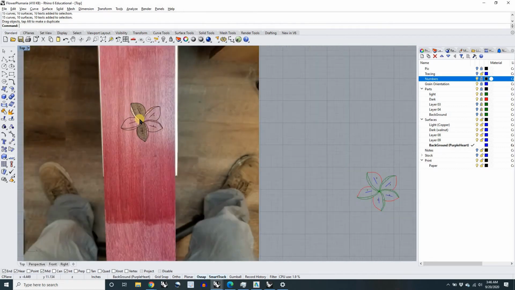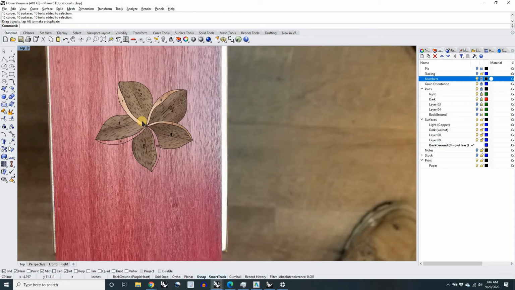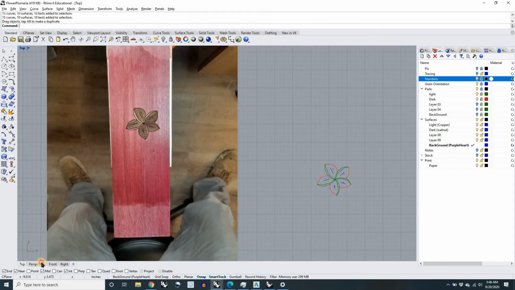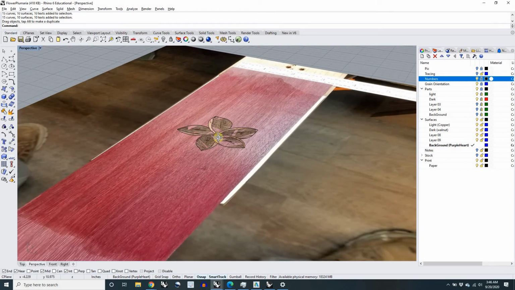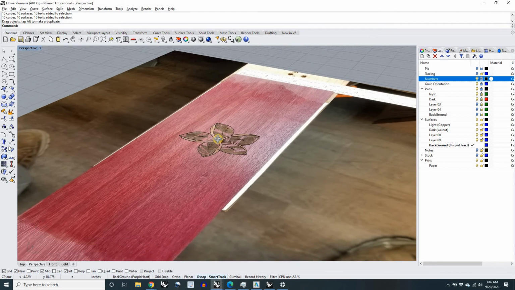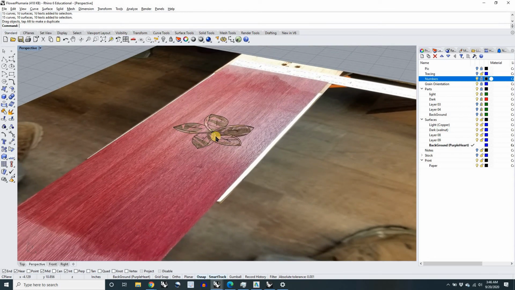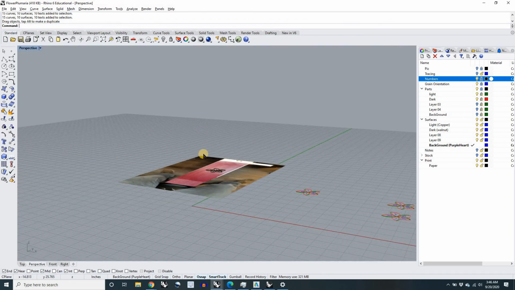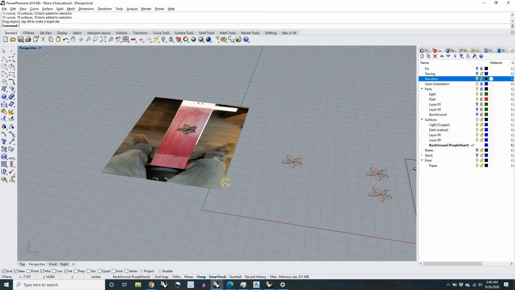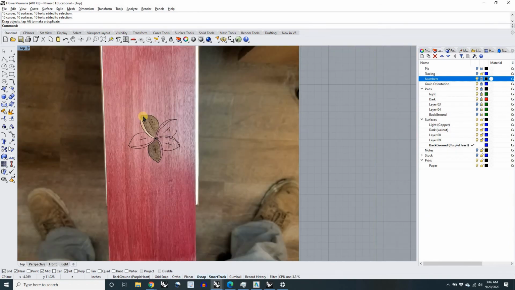Alright, so let's deal with this. Do you see this funny business where the background is showing through? That's happening because as far as Rhino's concerned, you have two surfaces that are in exactly the same location. This glitchy, crazy, static look. That's Rhino letting you know that hey, you've got two things that are in exactly the same location in terms of height, in terms of the z-axis. So two ways we can get around that. If we know that this is exactly where we want our